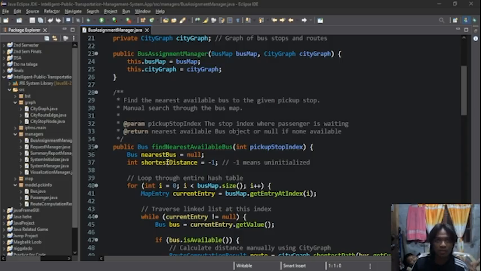This method searches through all buses in the bus map, checks if each bus is available, and calculates the distance from each bus to the passenger's destination or pickup stop. It returns the bus that can reach the passenger fastest. This method is critical for prioritizing which bus to send.